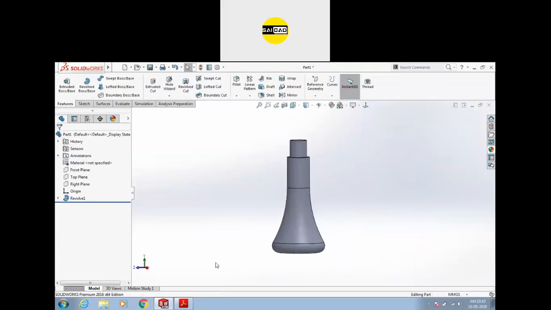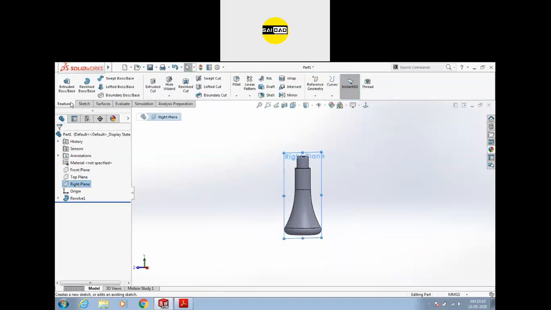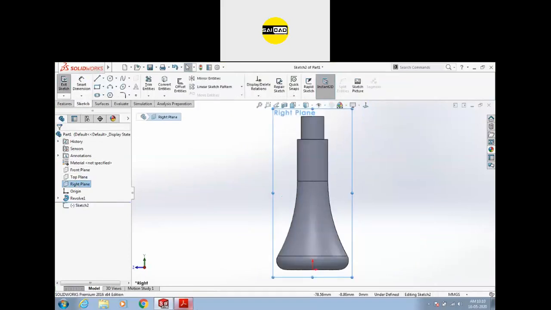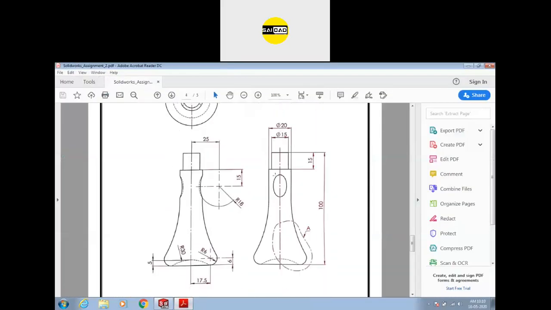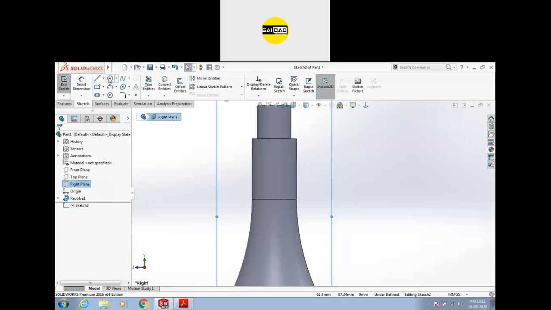So now we have another cut. Okay, we have been given a cut here. You can see it's in elliptical shape, but if you see here, the shape can be created with the help of an arc at a radius of 17, at a distance of 25 by 15. So we are going to create a circle first, or you can just directly create an arc.